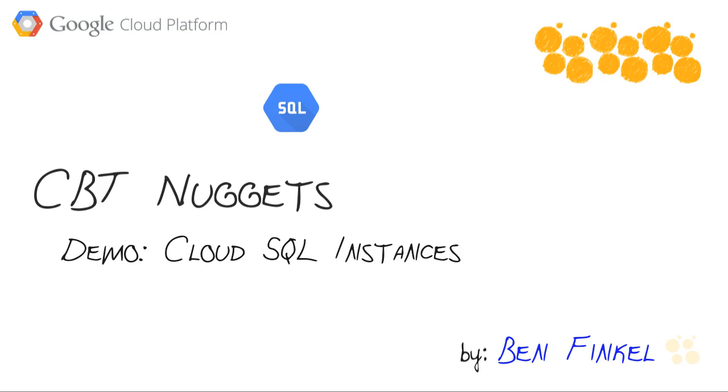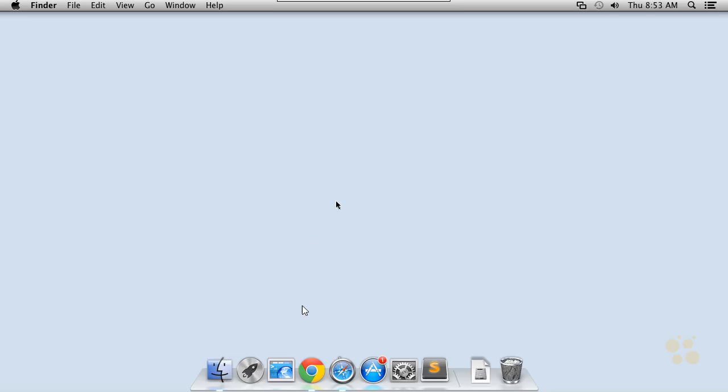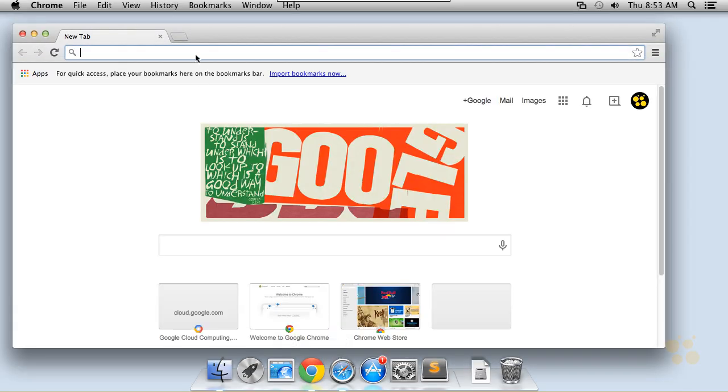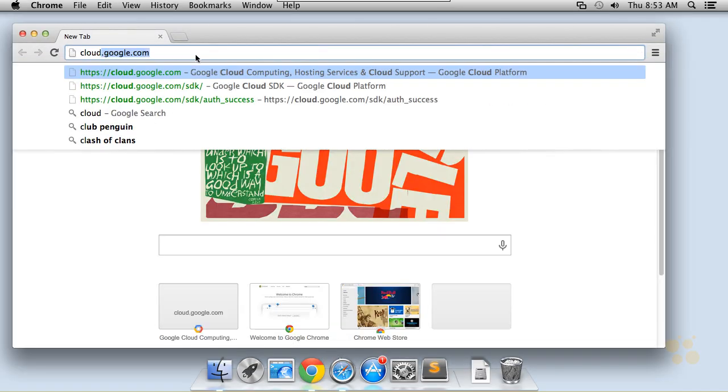Hello everybody, this is Ben Finkel, and in this nugget, we're going to demonstrate how you can create new instances using both the developer's console inside of your web browser, as well as the G-Cloud SDK from a command line. It's very easy to do. So let's start by taking a look at the console, the developer's console web user interface for creating and maintaining